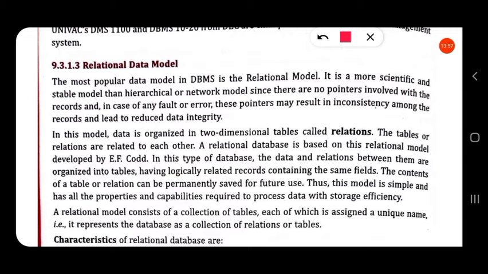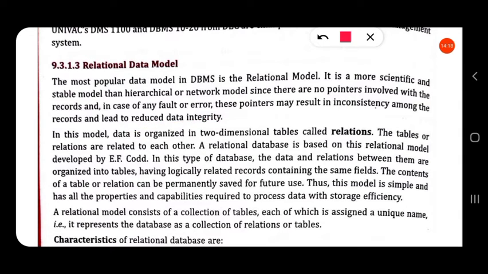In case of any fault or error, these pointers may result in inconsistency among the records and lead to reduced data integrity. Since there are pointers in the network and hierarchical data models, there is a chance of reduced data integrity.